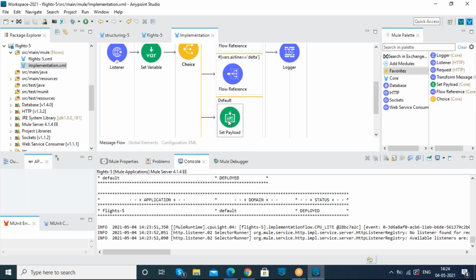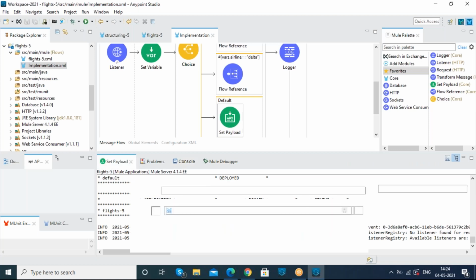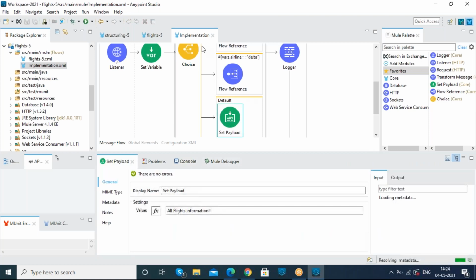So when we are requesting it according to the slash flights, by default it is giving the response of all flights information.